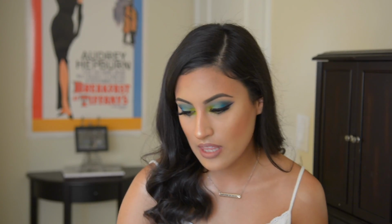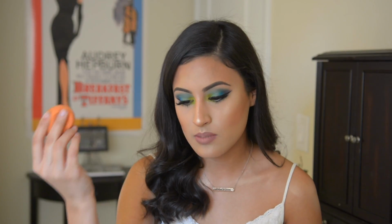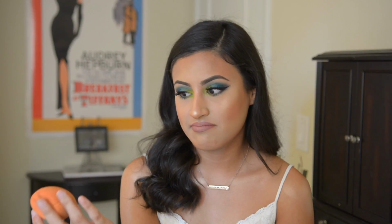Going first with the sponges I use to blend my foundation. This is a Real Techniques beauty sponge. A lot of people don't like it when they squeeze like this. It's a lot like the beauty blender. The beauty blender is like, what, 20 bucks? These are like 5 or 7 bucks. And I personally just like these because they're cheaper, they do the same thing, and the only thing